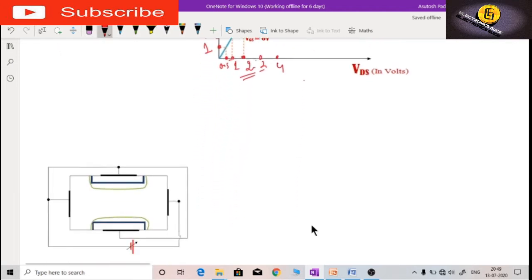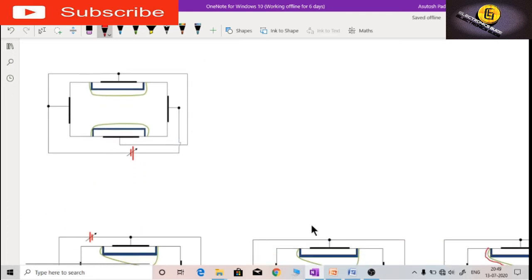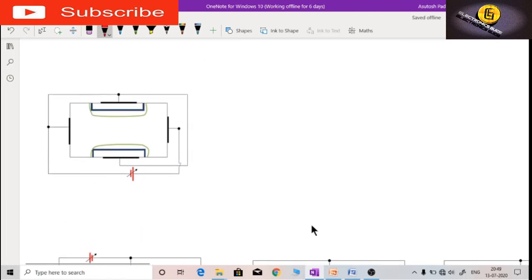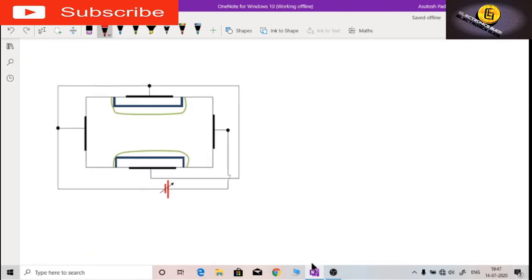To get the answer for this question, we have to analyze the physical behavior of the JFET. For this, we are taking again an n-type JFET, n-channel JFET. For this part of the explanation also, I have taken an example of n-channel JFET. And I am applying a voltage of 3 volt. This is nothing but the VDS. Previously I was applying a 2 volt supply, now I have increased 2 volt to 3 volt.